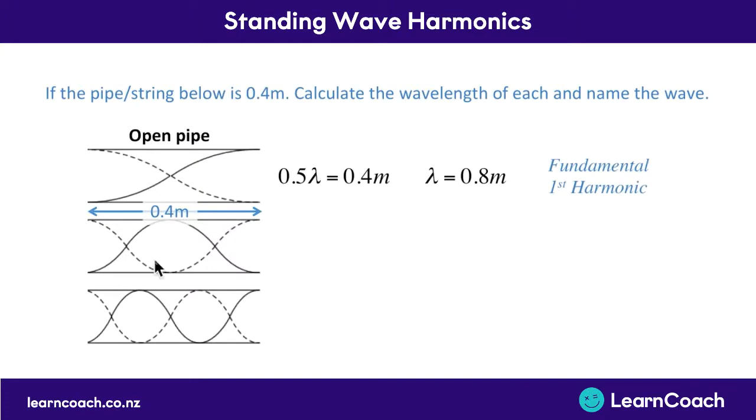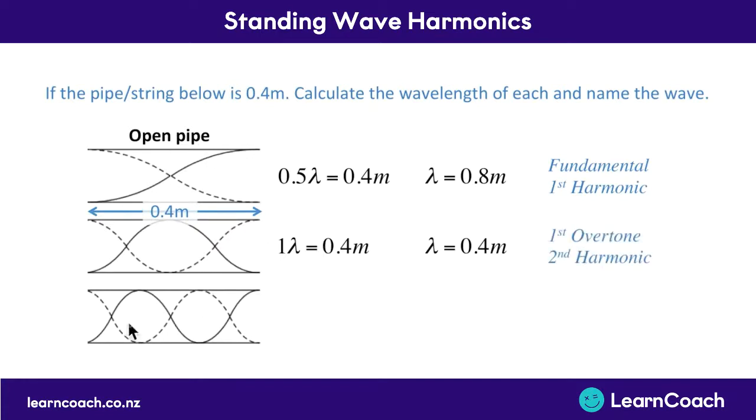Looking at the second pipe now, we have a whole wavelength equals our 40 centimeters. So that means one wavelength equals 0.4 meters. So again, our answer is just 0.4 meters is the wavelength. When we're talking overtones, this is the first overtone. It's the next most complex thing we can have from the fundamental. When we're talking harmonics, it's 2 times this basic one, 2 lots of this fundamental frequency, so it's the second